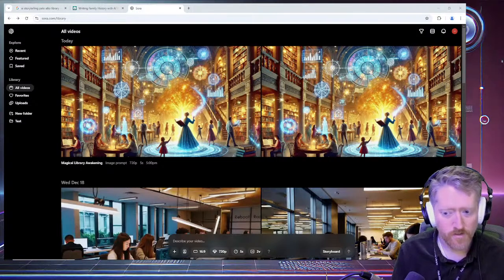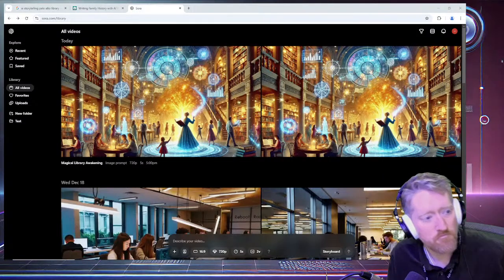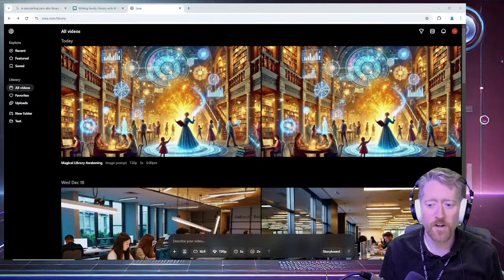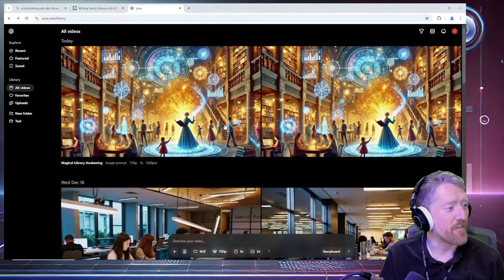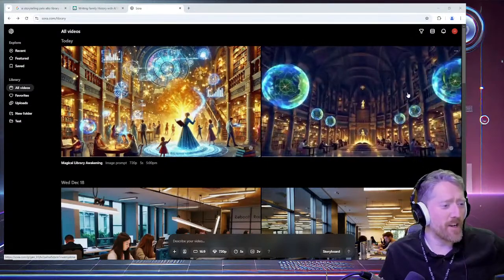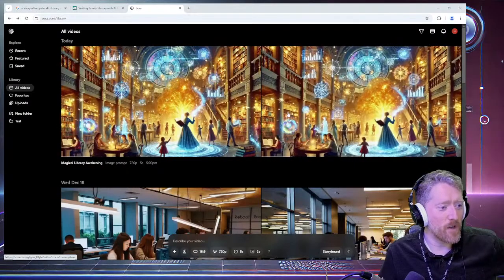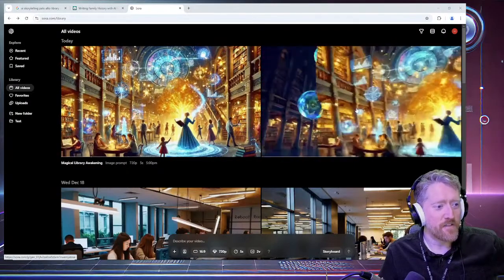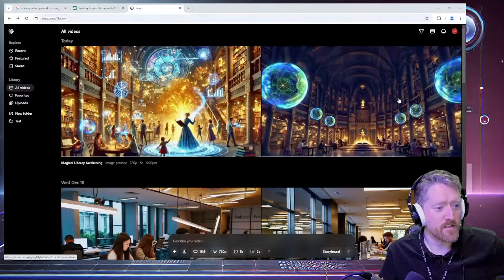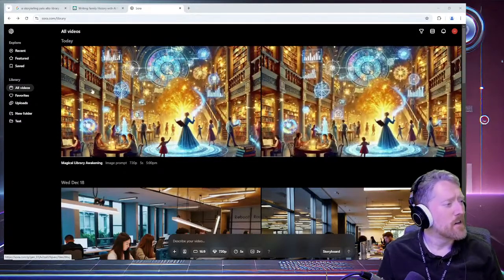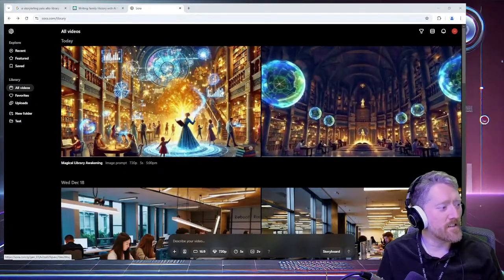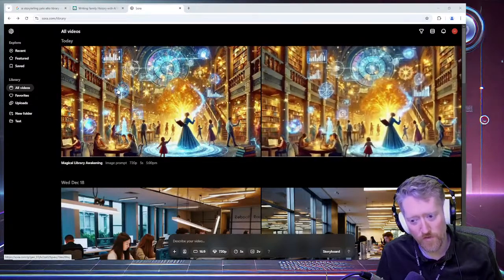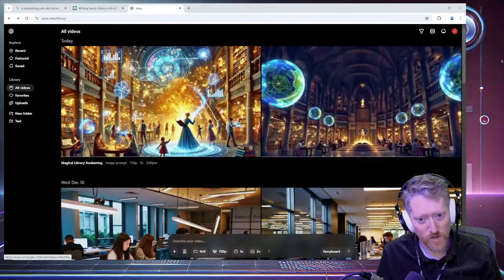We are back. Oh, it rendered. I kind of forgot what we were doing. Let's see what we got here. Oh, wow. Okay. Well, for continuity, not such a fan of the one on the right. But that is exactly what I would have hoped would have happened with that image. The one on the left,